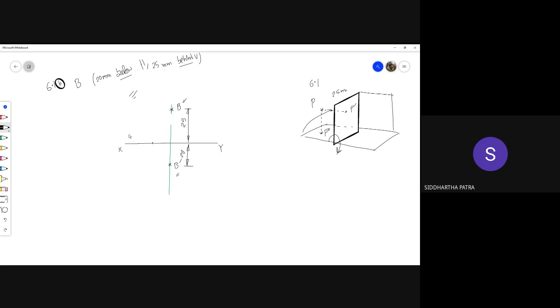This one is still VP and this one is still HP, but the vertical projection actually lies below the xy line, and the horizontal projection actually lies above the xy line. Okay. In order to draw the profile view,